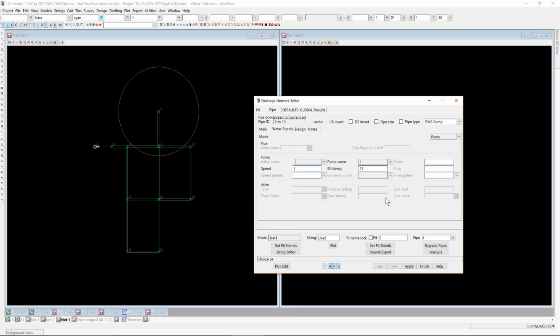This one hasn't got a valve. But your valve types can be pressure reducing, pressure sustaining, breaker valves, flow control valves, throttle control valves, and general purpose valves. So lots of different valves. We can control them. If I go back to global,